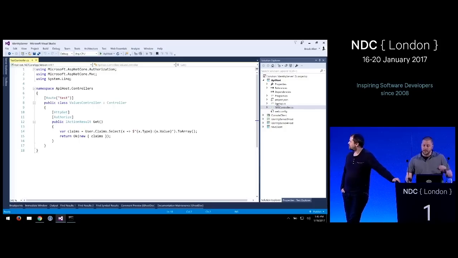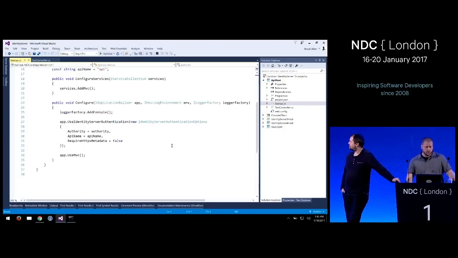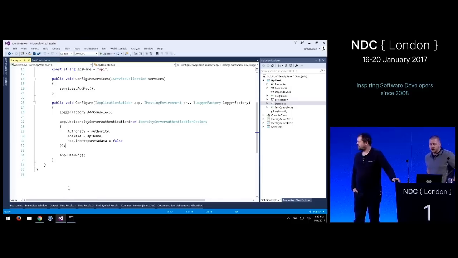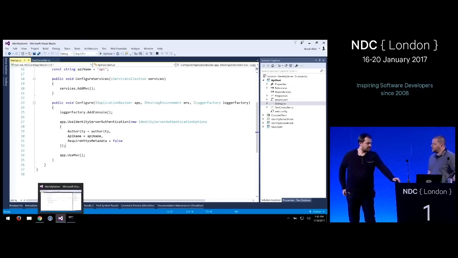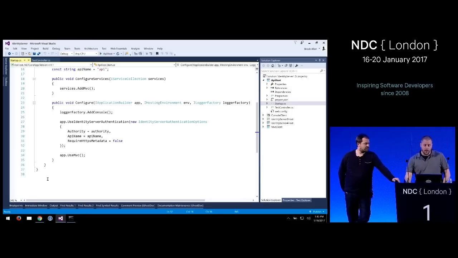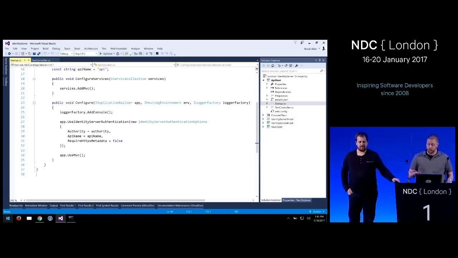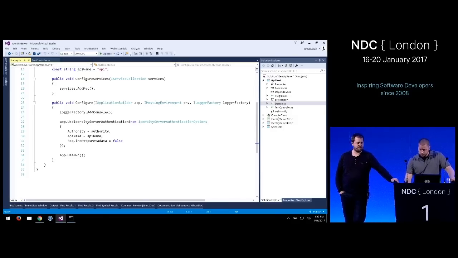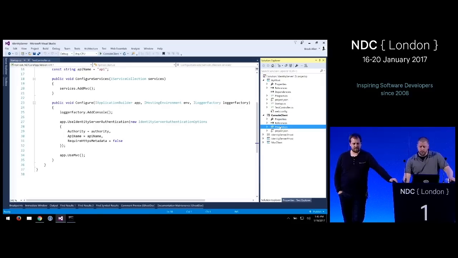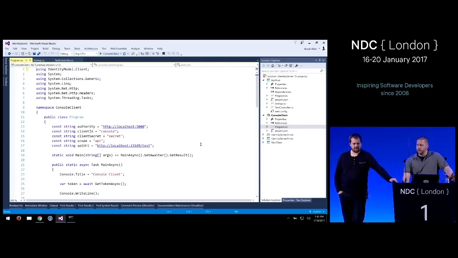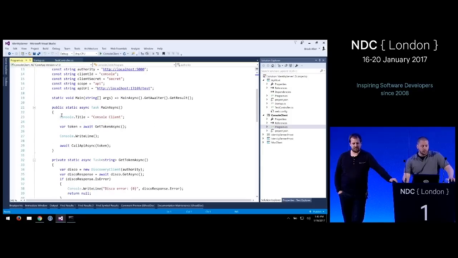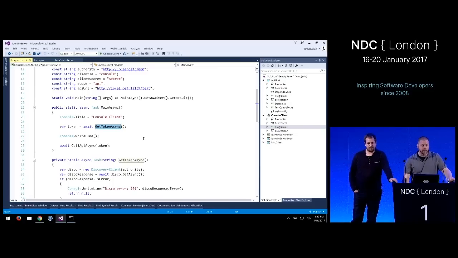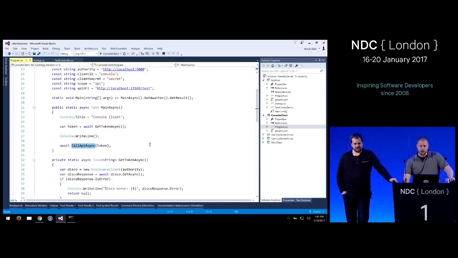These are all, by the way, ASP.NET Core. So to protect your web API, what we're using is our authentication middleware. This basically wraps Microsoft's JSON Web Token middleware, but we add a few other features on top of it, like reference token support. So this is our web API. The console application is pretty straightforward. This is using what would be known as a client credential flow. So main just comes up. We're going to get our token on behalf of our server-to-server communication, and then invoke our API with it.